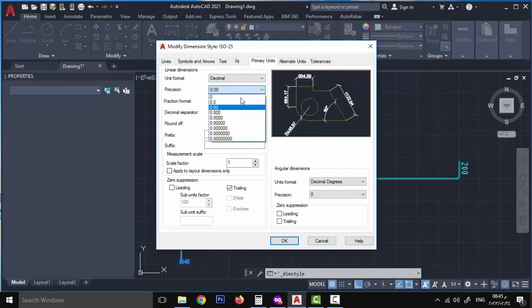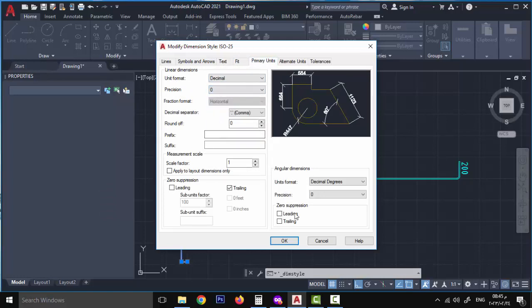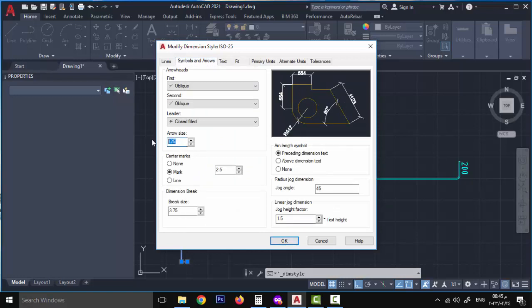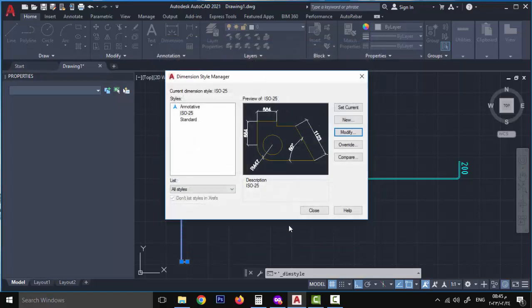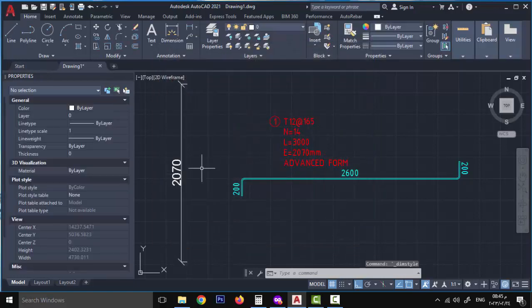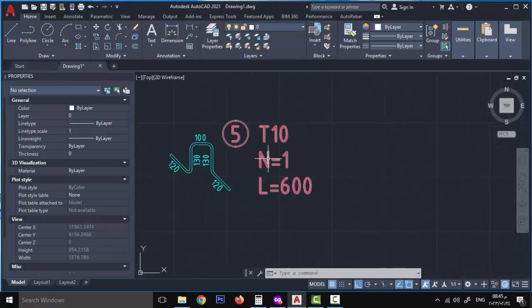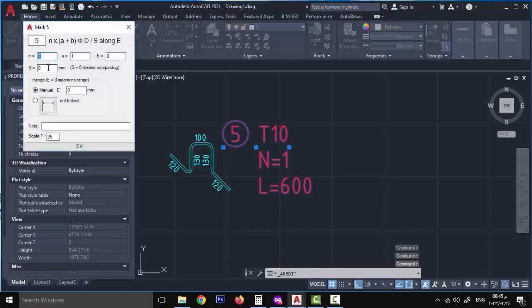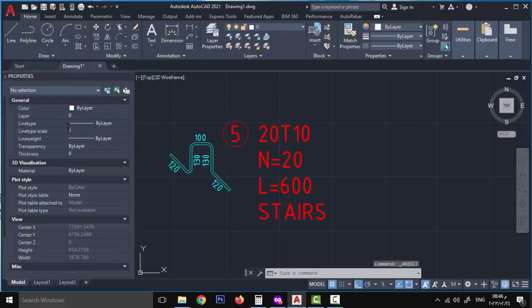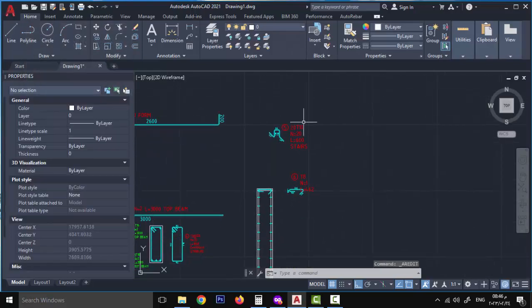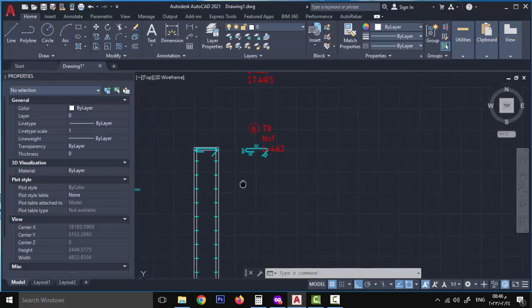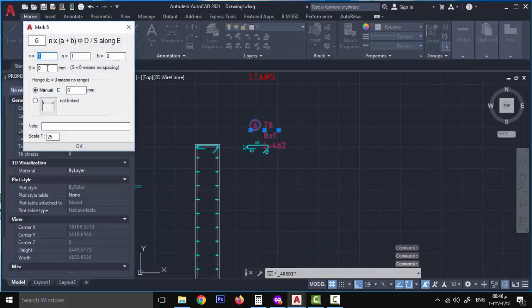I make my primary units with no floating points, and I come here again and make this like 75. I click OK and I close. So after that I make all my rebars. Let's say they are 20 of them and they are just stairs. And let's say this one has 15,